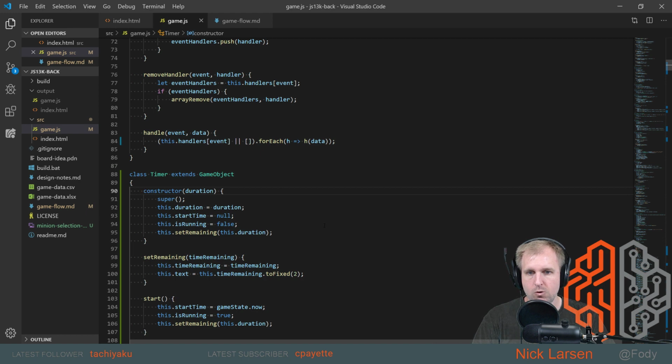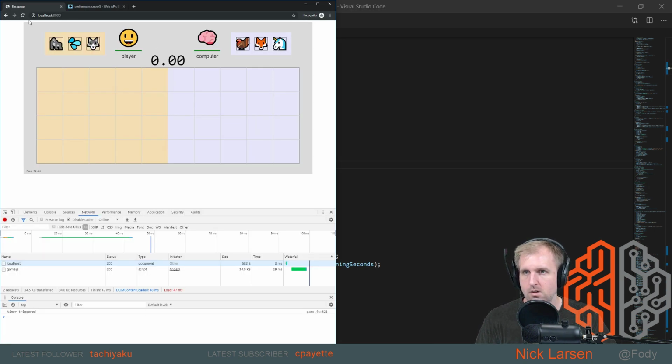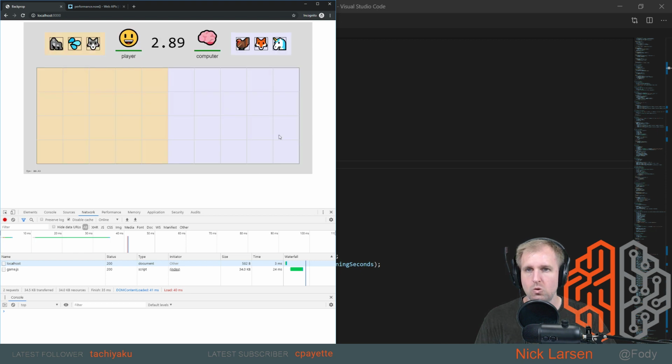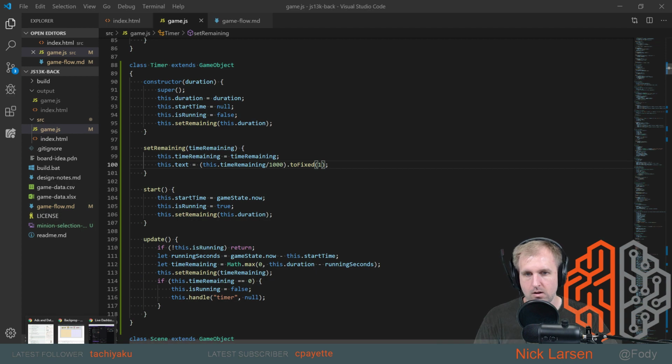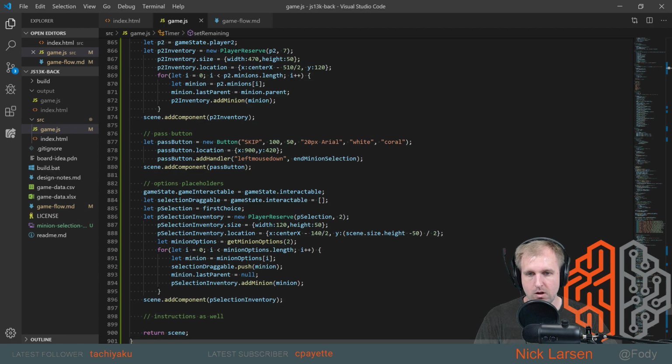When we do the formatting, this dot time remaining divided by 1,000. So it's actually seconds. Ooh. Okay, let's do 2 fixed 1. And for the sake of testing, just to make sure that it's not going to keep triggering over and over,